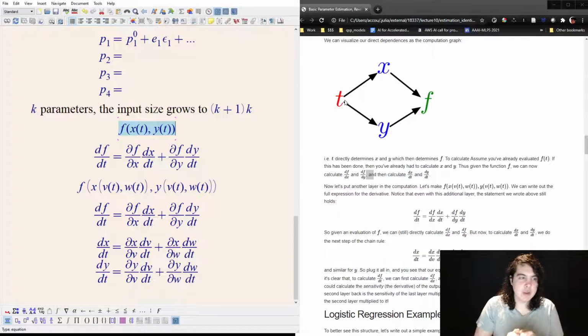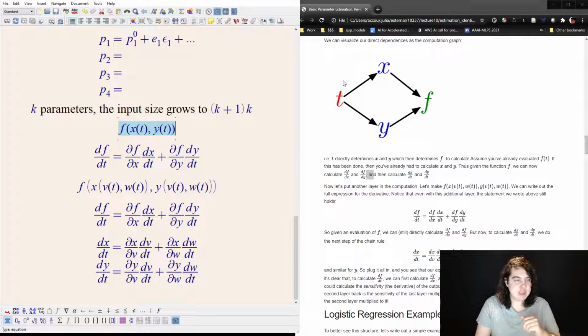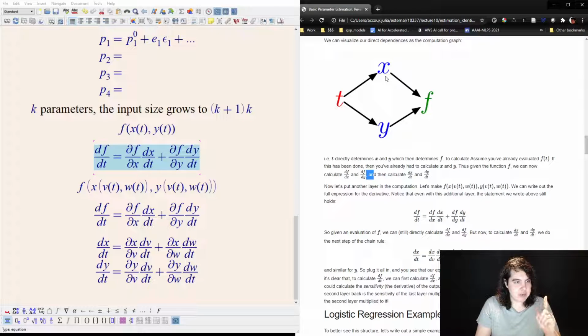One step back here. Let's say we have done a computation to compute f, but we've stored all of the intermediate parts of it, right? So we've taken in t, we've calculated x, we've calculated y, we calculate f. Now let's say I want to calculate df dt. What this formula tells me is that I can take what I've already computed as the point x, and then